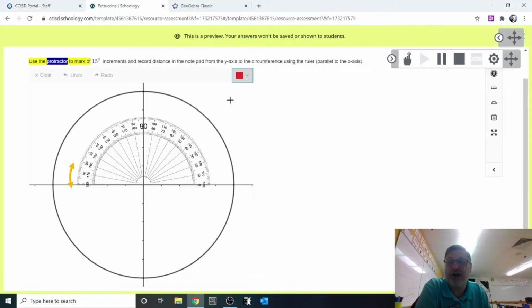And what I'm looking for is, my cursor is a nice little cross. That's actually going to allow me to highlight. When I'm over the protractor, the cross changes so I can actually move the protractor. So I'm going to go to 15 degrees and follow this out to the circumference. I'm going to wait for it to change. See how it changed right there? So now I can draw a line on my